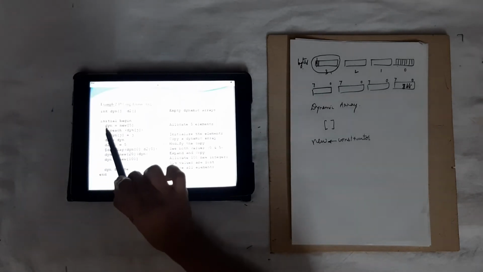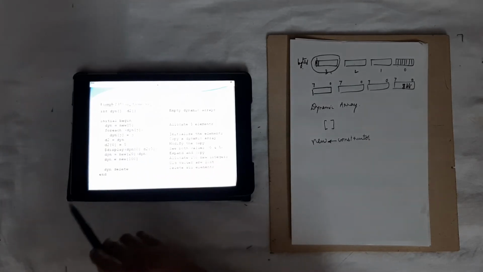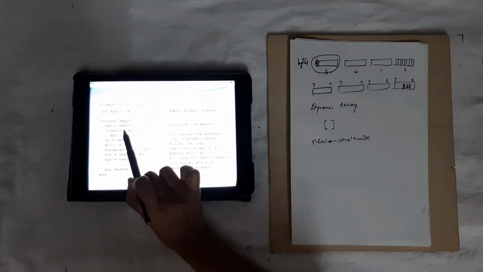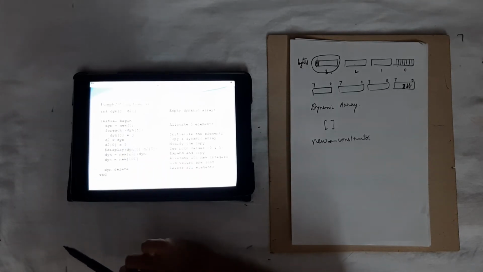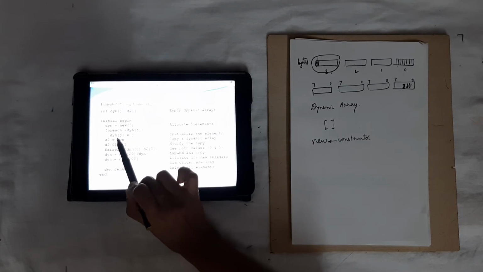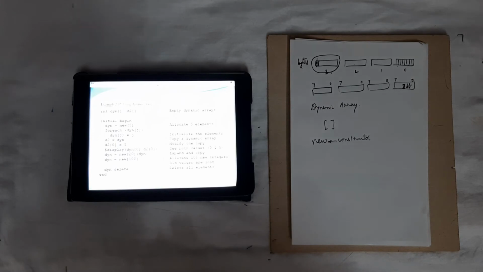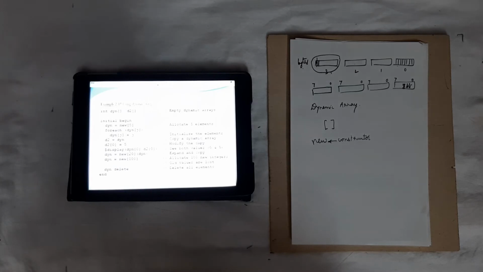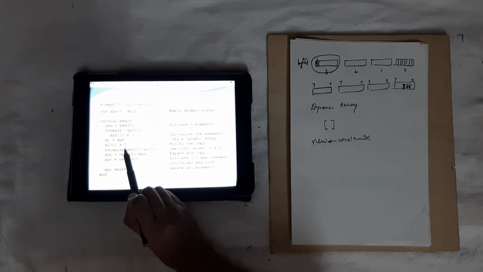Next we have initial begin. I will read everything in the first go. Dyn is a dynamic array. I told you new has to be used to allocate the elements. Since it is empty, we have to use the constructor new in SystemVerilog. So new 5 elements are allocated. Then we use foreach over dyn of j, initializing the value of j to the entire array of dyn. Then dyn is assigned to d2. Then d2 of 0 is equal to 5, that is the first element of d2. Then we display all these things.